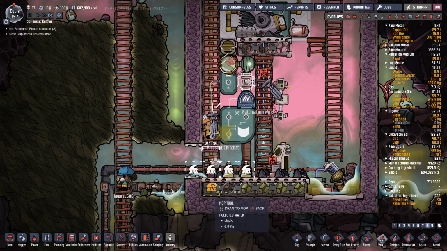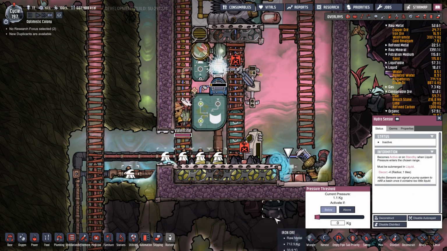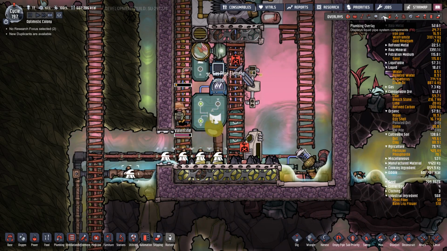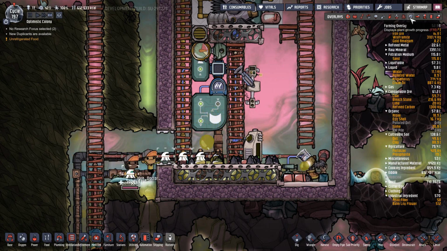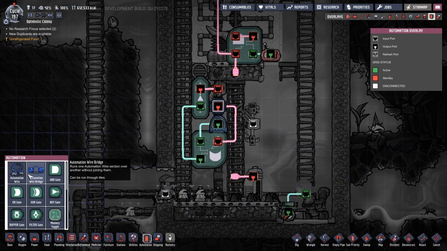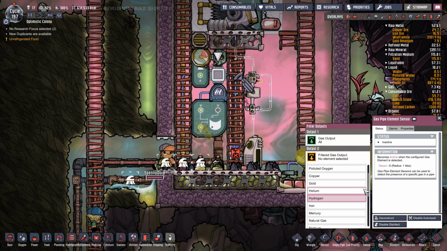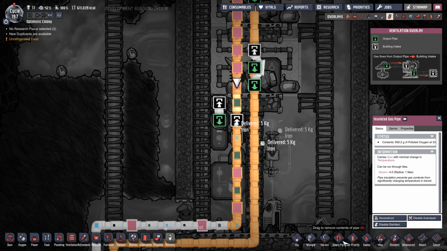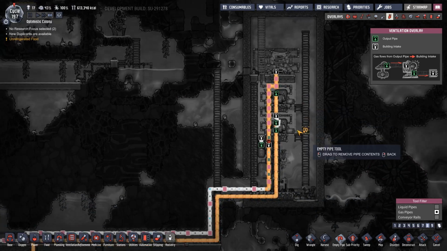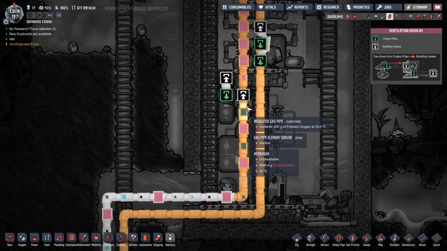Mop. 8. Below 0. Just pump out all the liquid. Active if above 0. There we go. Okay. Automation. Automation wire. You're actually going to go like that now. And that means that can go away. And you should be set to hydrogen. You should be set to hydrogen. And empty pipe 8. That one. So now...